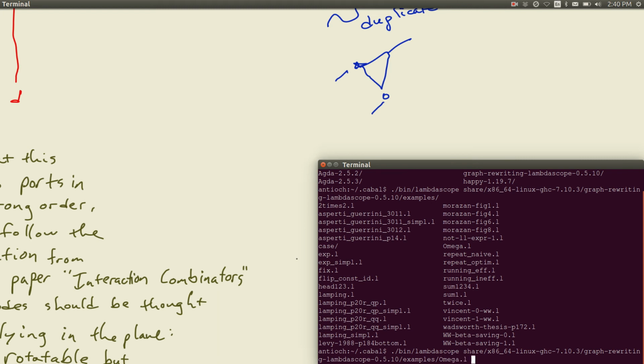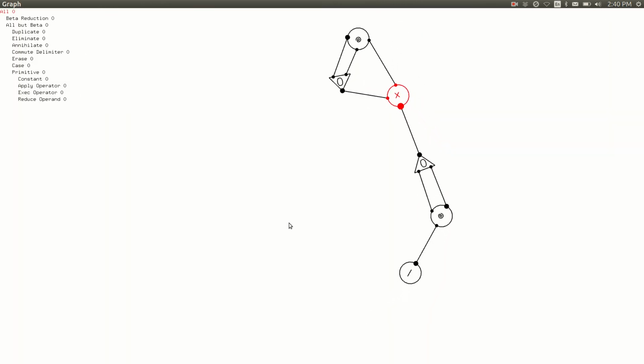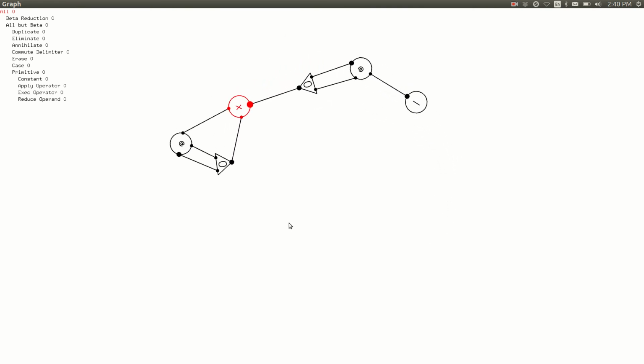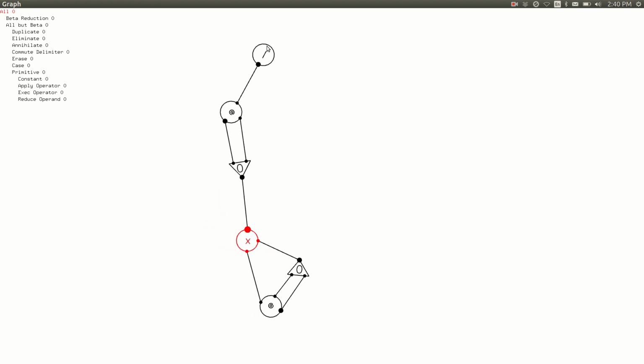Let's see, including omega, which was causing me a lot of problems last week. You can fire this thing up, but at least on my installation here, it spins around, which is kind of annoying. You can stop it spinning by hitting space, but then you seemingly can't really reorganize the graph at that point. If you right-click on one of these nodes,